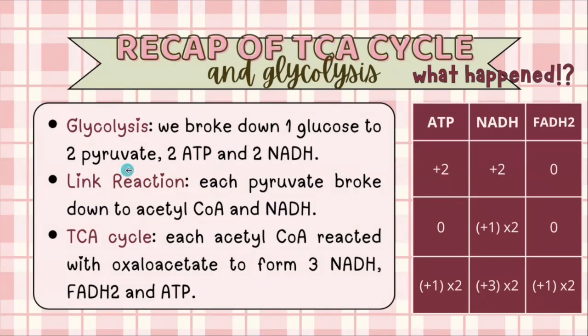Now, each molecule of pyruvate is going to enter the link reaction, where it's broken down into acetyl-CoA and NADH, right? But remember that because we form 2 molecules of pyruvate and each one will enter the link reaction, then we're going to get 2 molecules of acetyl-CoA and 2 molecules of